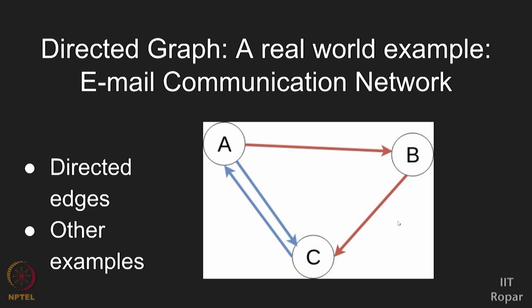This would be a directed graph, and I don't think there will be a bidirectional edge in a supply chain network, although I'm not a marketing expert. This is just a little knowledge that I have. But if you feel there are some examples where there can be a bidirectional edge in a supply chain network also, please do let us know in the discussion forum.